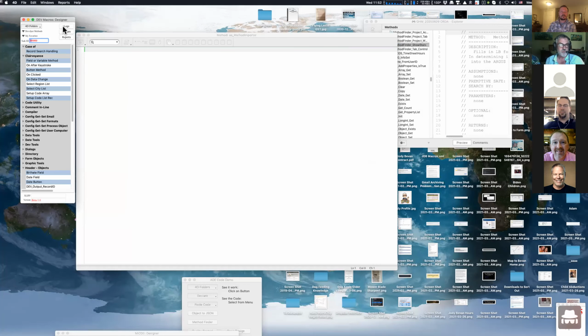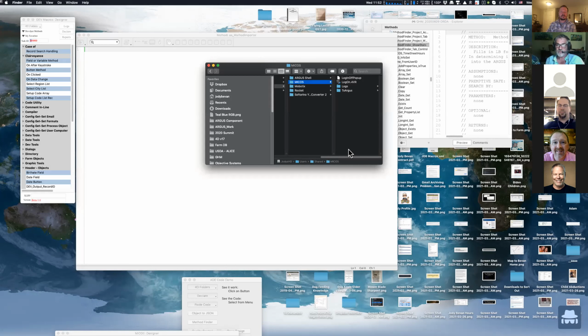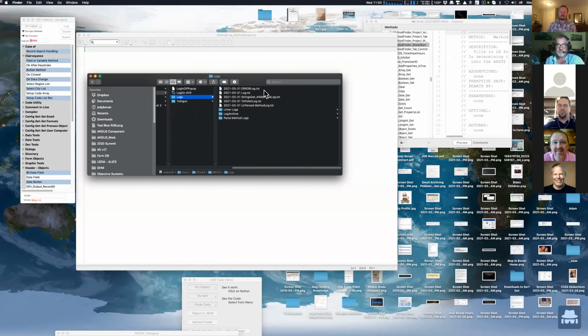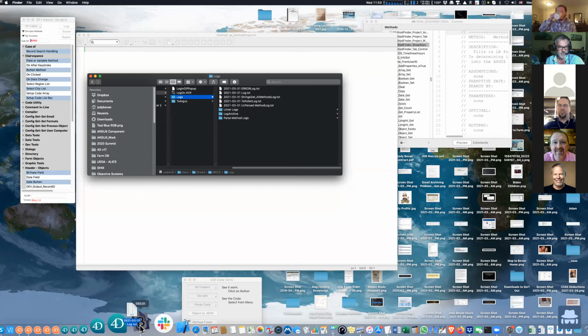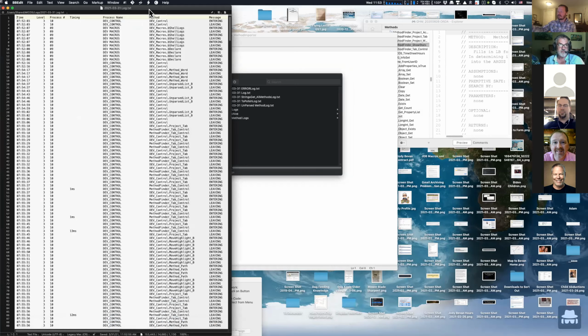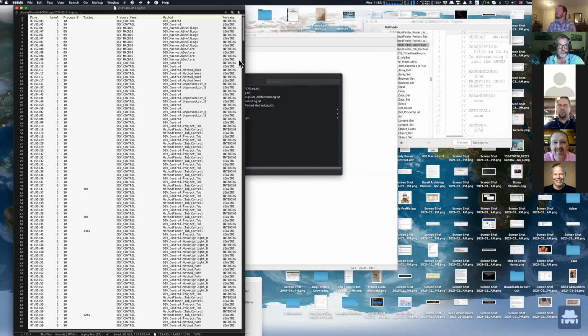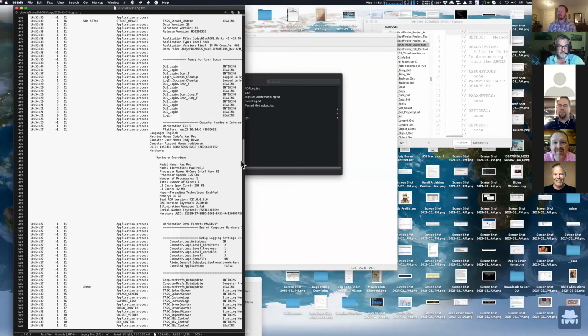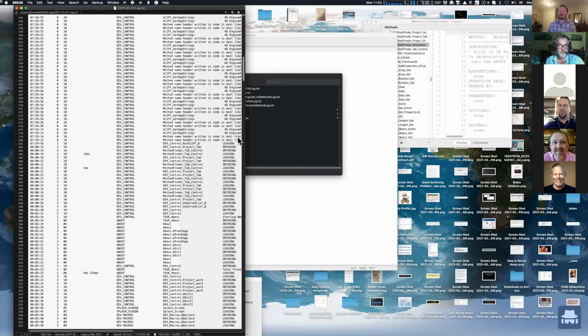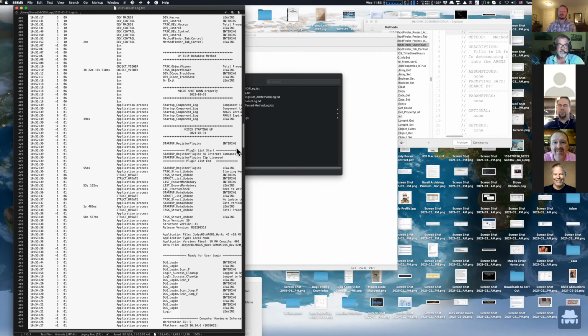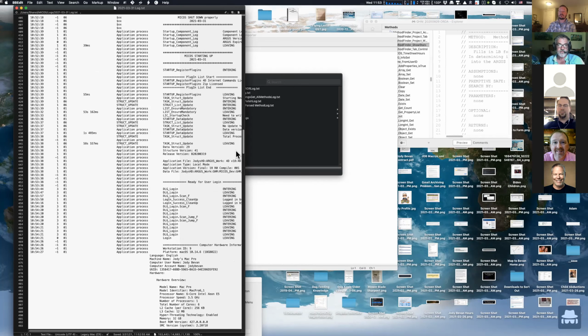And I'll just go click on here, and I'll go to some of the logs, and I'll just open them up in BBEdit. So here is a log I just picked up, this is just from today, I think. Okay, is this the one I wanted? Maybe not. Yeah, well, this will do. Okay. It's got some other things in it, but you can see that, typically I would do here